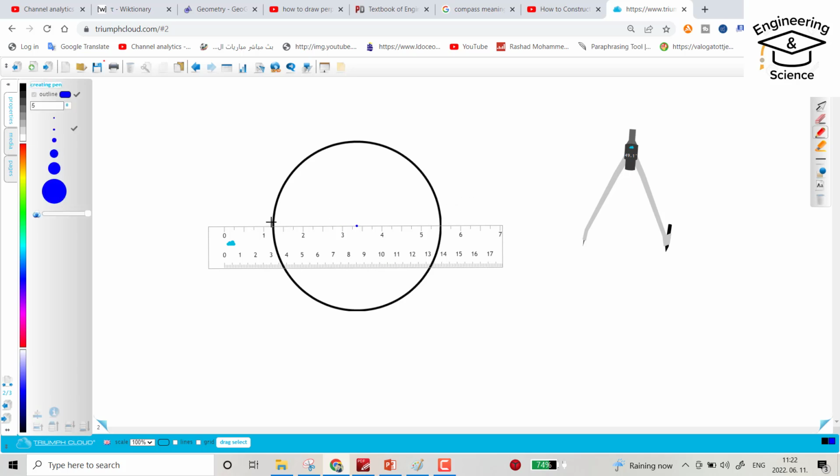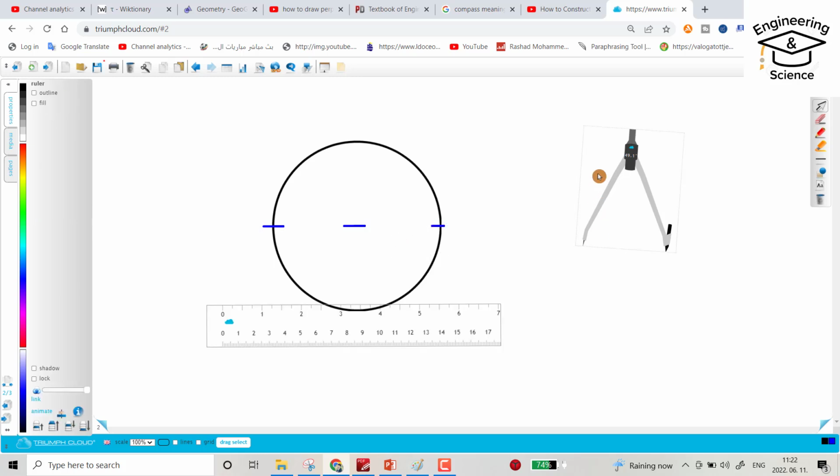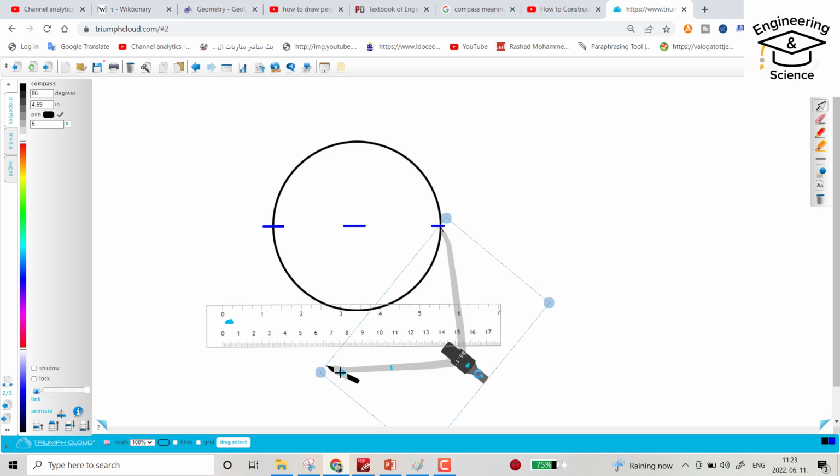You can draw a line just to make sure it goes through the center. Simple line here, simple line here. Now you have ability to